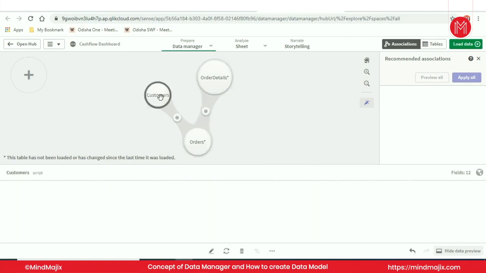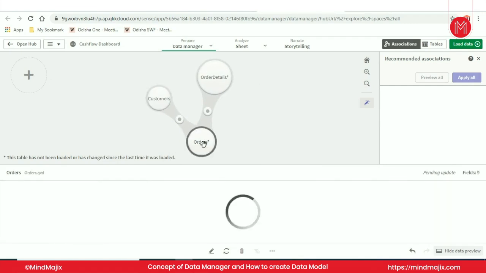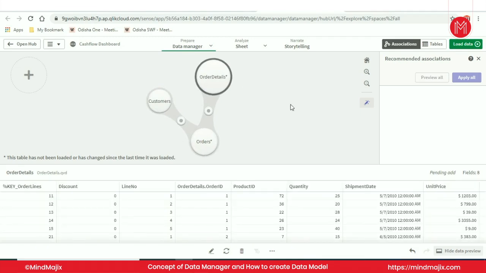Fine. If you want to see the tables of customer, you can see here the order table, and the order detail table you would see.